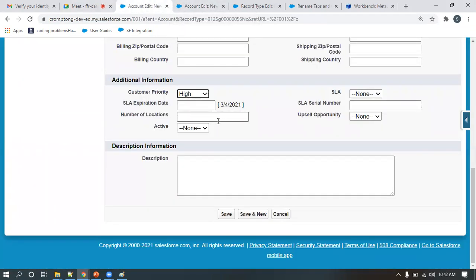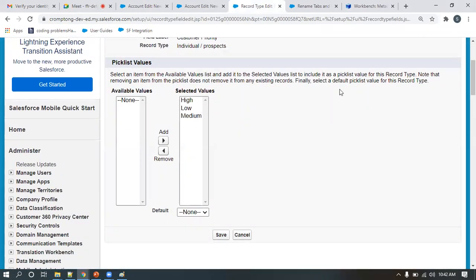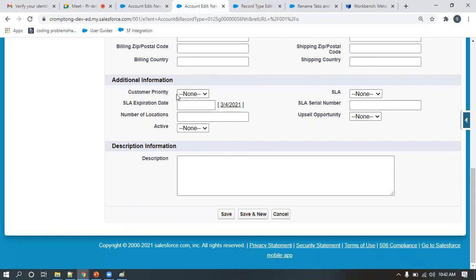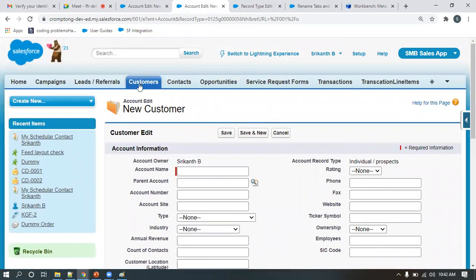See, I can adjust my record type related picklist values as well, like this. Here I'm showing the High option for dealers, and here I'm showing only three options for customer priority for individuals. And I even renamed my